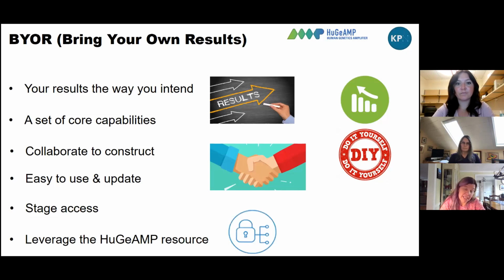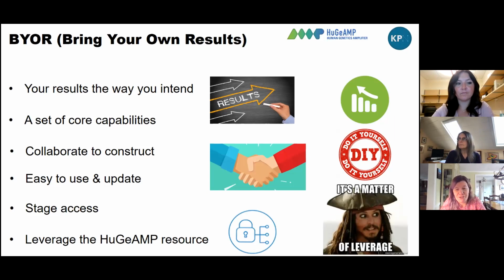You can also stage access if you want to make it accessible to only you and a colleague, or you and a journal for review, or to the world. It's easy to do that, and there are levels of access that we build in easily to the resource. And finally, it's all a matter of leverage. What we hope to allow you to do is take your results and also see them with the integrated resource that we built for the knowledge portal, which includes all these genomic annotations from CMDGA, all the genetic associations across 300 and some odd traits that you can marry with your own data and present in visualizations we've created for you.